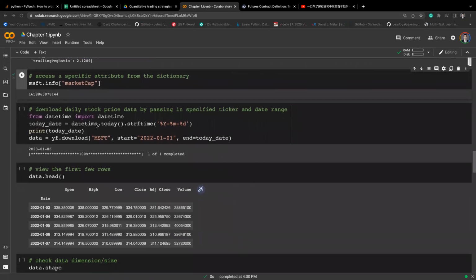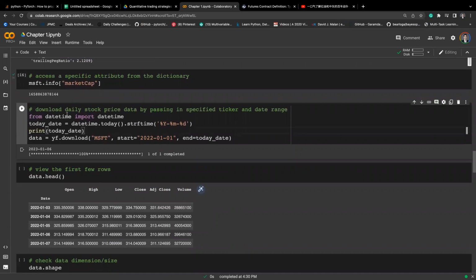Next, let me get today's date. This date on package allows me to retrieve the dates in a particular format, which is year, month, and dates, and then I can print it. All right, so I can print it, and then I can use the parameter, this argument, to specify the